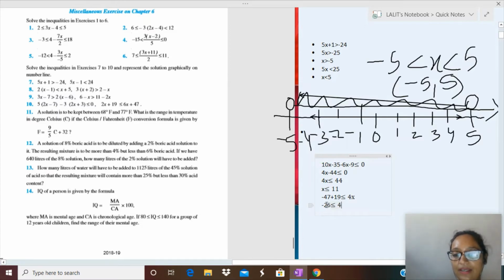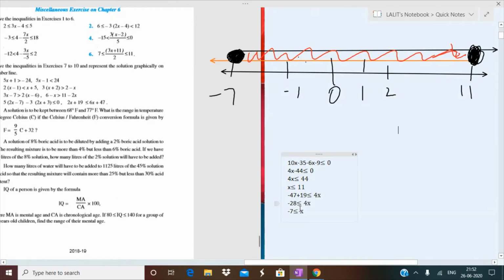This will be 28, sorry. This will give me 28. So if we proceed further, solving this, we'll get x is less than equal to 11 and x is greater than equal to minus 7. So if I plot it on the number line, if 11 is like this, since it is less than equal to